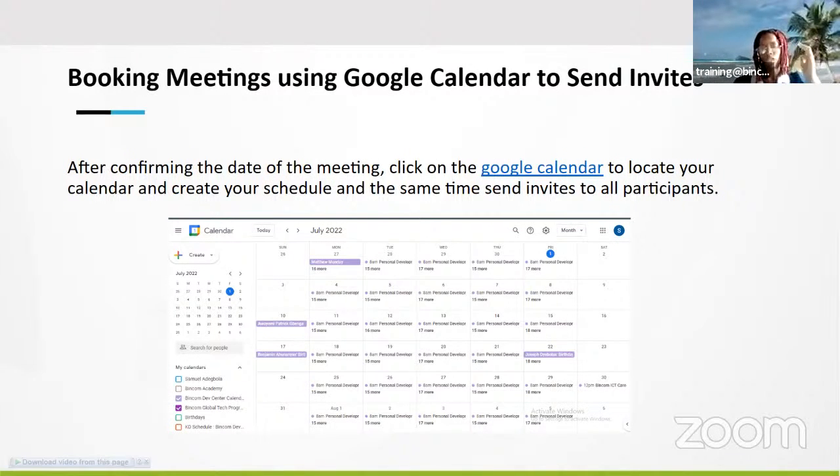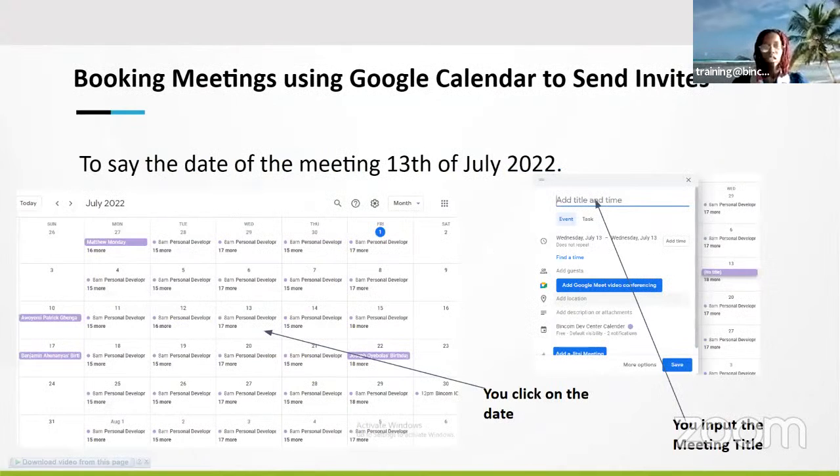This is much better because there are certain meetings that you may need to be in attendance for, and those meetings are going to be scheduled with your official email in mind, so you can easily check your Google Calendar to search for this. It's very easy for you to set up a meeting.